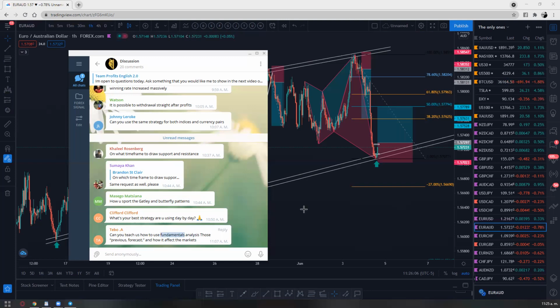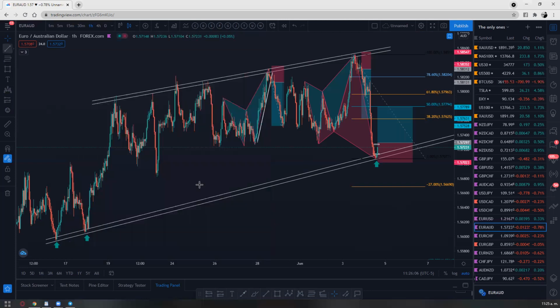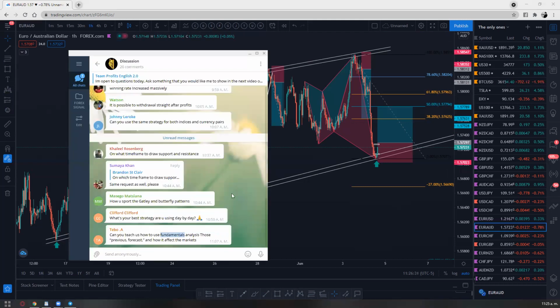and more risky, because sometimes you can see something like this. Let's say you see some news and the price starts to come down, dropping massively. Let's say in a 5-minute time frame, you see boom, boom, boom, boom, boom. And then in the next 5 minutes, you can see one single candle coming back up immediately. So by trading fundamentals, it's more adrenaline floating through your veins, I would say. It's more adrenaline.